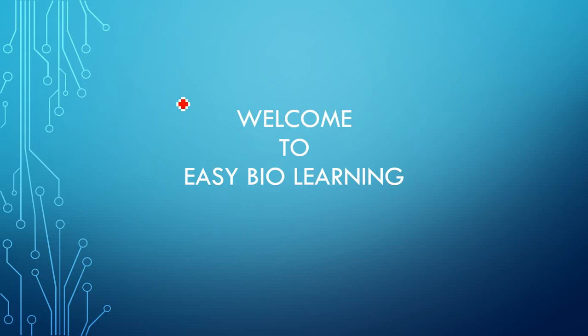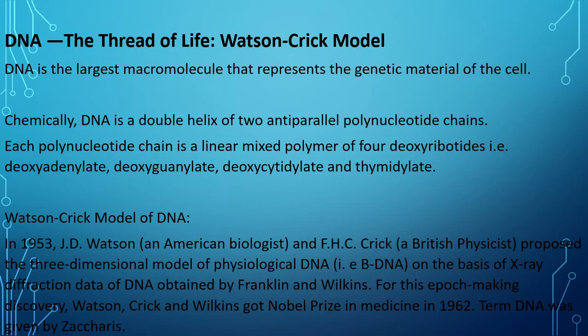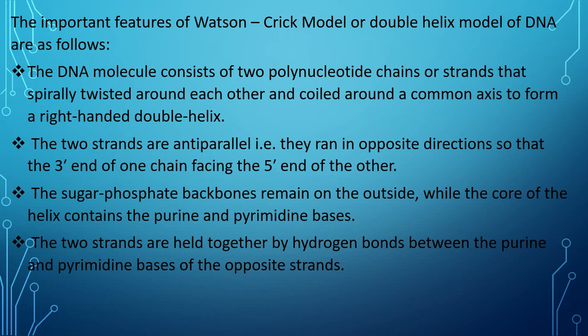I am Aruna. Today we are going to learn about DNA or deoxyribonucleic acid. The famous model of DNA is given by Watson and Crick, and according to the name, this model is called the Watson and Crick model of DNA, for which they were awarded the Nobel Prize in the year 1962. They gave this famous model on the B form of DNA. Various models or forms of DNA are there, but the Watson and Crick model is for the B form of DNA, and the word DNA was coined by Jacques.